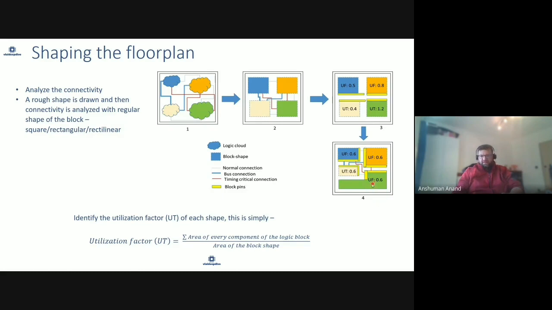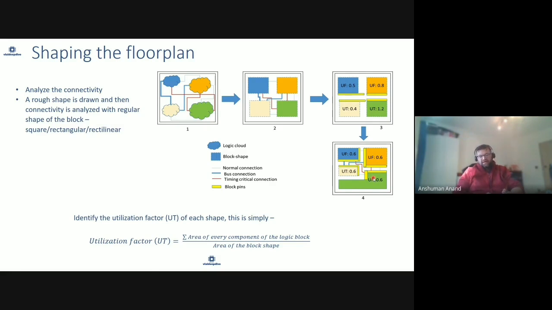And then where should the pin location be? This is also considered based upon the timing criticality and number of connections. There is big connectivity here, which I did. And for timing criticality, I want to maintain the shortest distance of the pin between this macro and this macro. So even though initially there was a detoured connection, I reduced this, and also from this to this, there is a straight connectivity. These pin locations can be adjusted accordingly. So this is how you go into floor plan shaping.